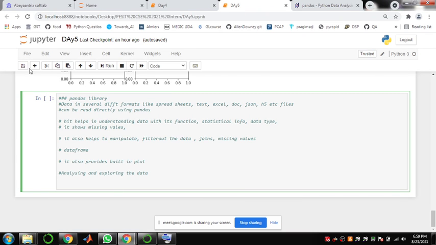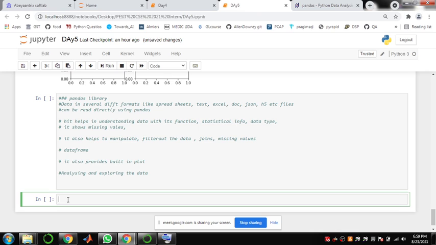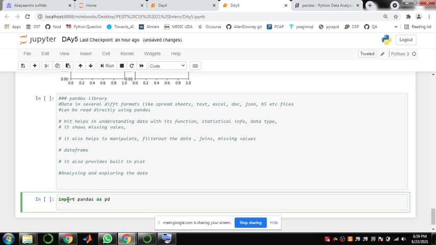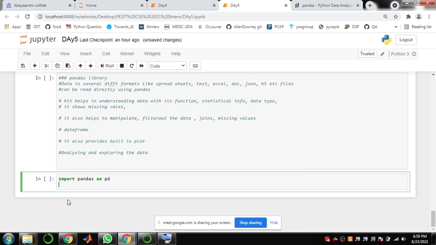First of all, import the pandas library: import pandas as pd. Then in order to read any file, pd.read_csv is the method, and the file name is fuel consumption.csv, that is the file format.